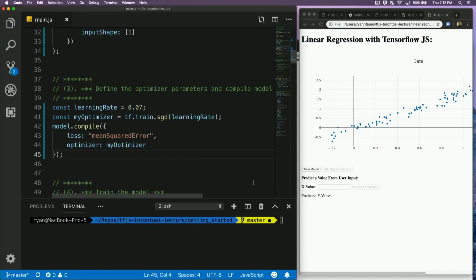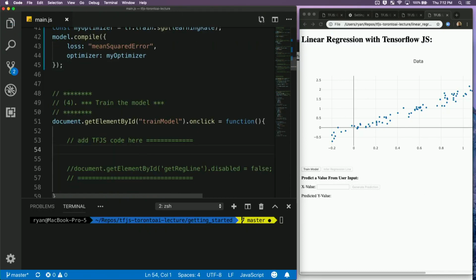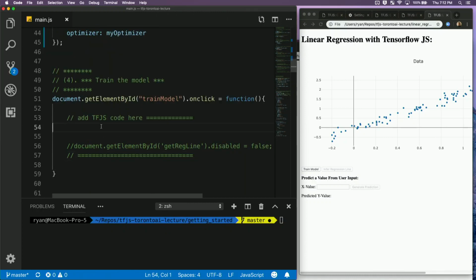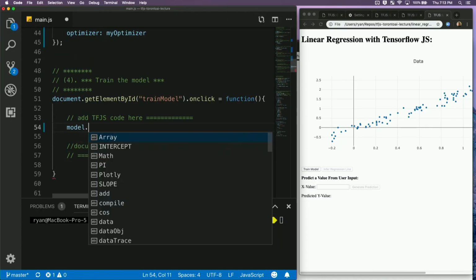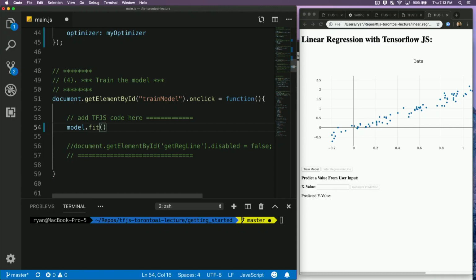So that's it. And next, train the model. This is done basically in one line. Again, you call that model object, and now you want to use the fit method. And then all you do there is you pass in your data, so x data, y data, and then training parameters. In this case, we're just going to have one parameter, which is epochs, and let's set that to